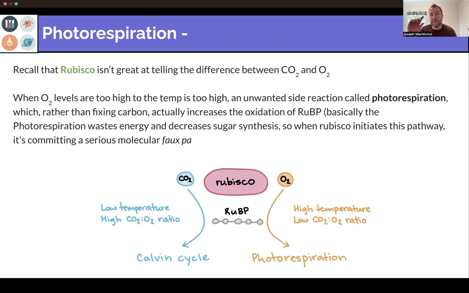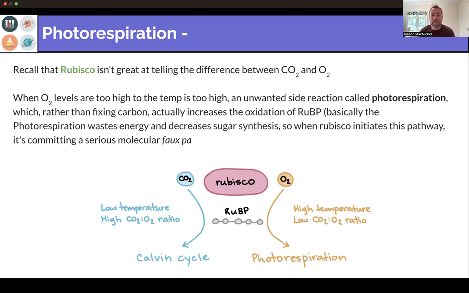Again, we talked about how Rubisco is not a great enzyme because it's so old, it lacks specificity, and it evolved before there's oxygen. So RuBP can have two fates when it's combined with carbon dioxide, which is what the plant wants, or oxygen, which is what the plant doesn't want. Rubisco doesn't really tell the difference between them because they're both small, non-polar linear molecules. There's not a very big difference between their structure and their chemistry, even though it matters greatly which one you